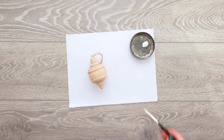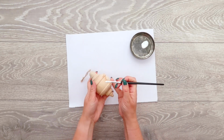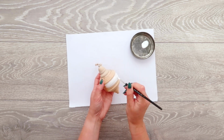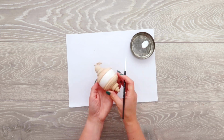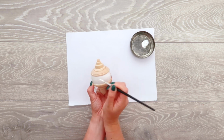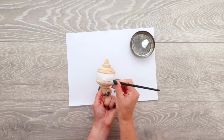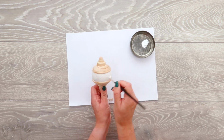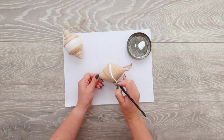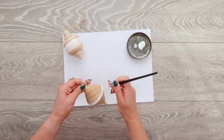Prepare your surface with some scrap paper or something similar to protect it from the paint. Using the white paint and brush, paint the centre strip of the spindle bauble. Allow it to dry. On the second diamond-shaped wooden bauble, paint a series of small arches around the central section,